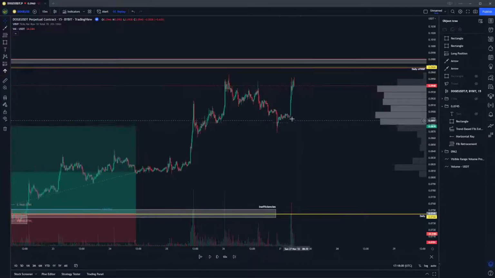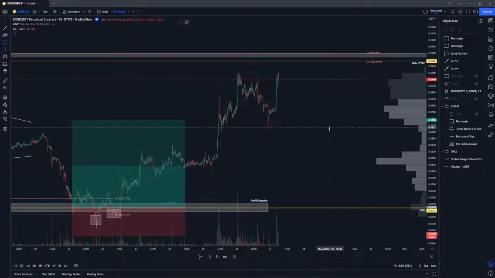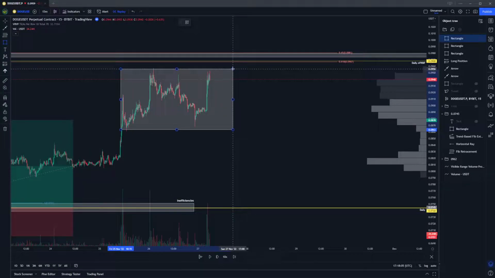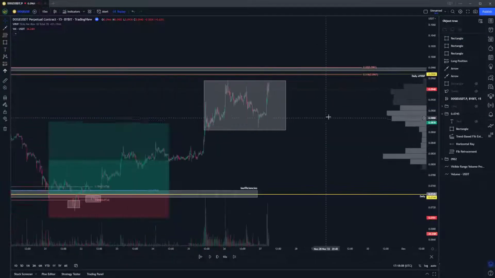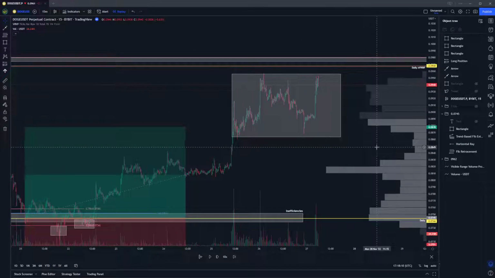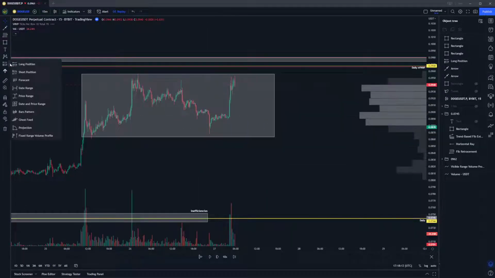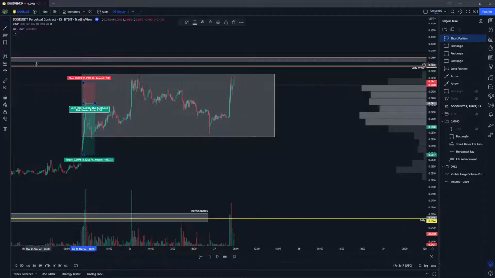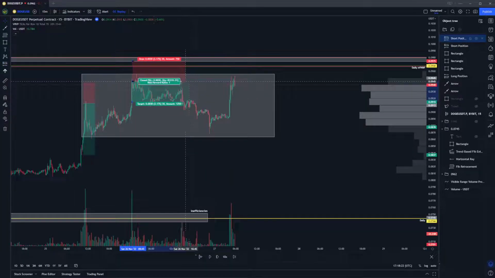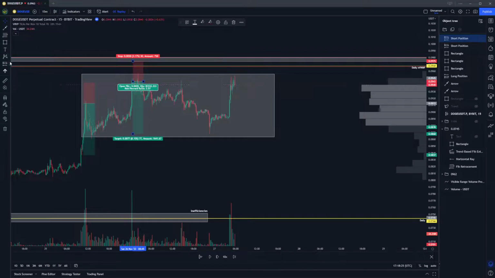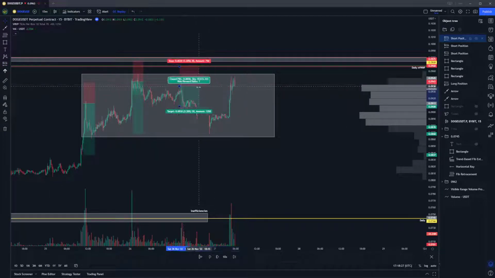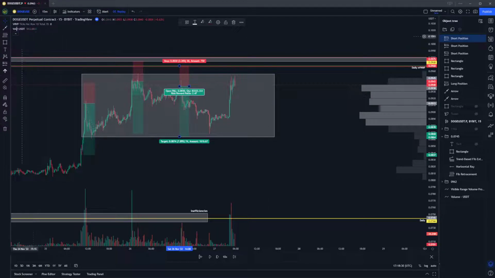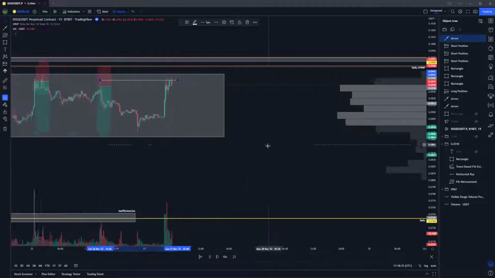Right here, I noticed this zone was front running this level I had charted out long ahead of time. I know that shorts are coming in right here. A lot of those got stopped out right here, but new shorts came in here. Shorts also came in here. And then you can see right here what was happening